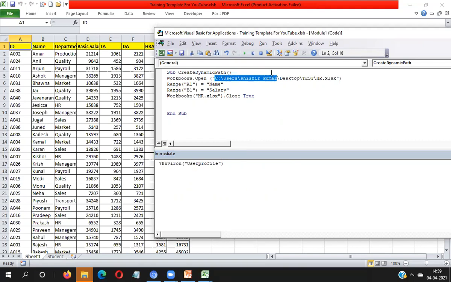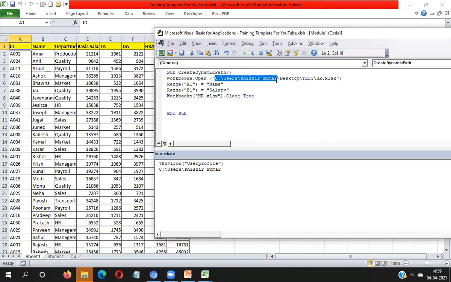This is the complete path of your system. If this macro runs on another system, you will get that system's path through the Environ function. Enter. You can see here you are getting the same path as you are looking at here. So how can we make it dynamic?